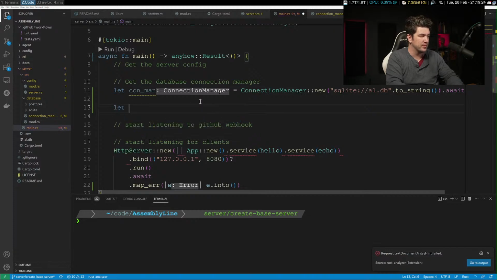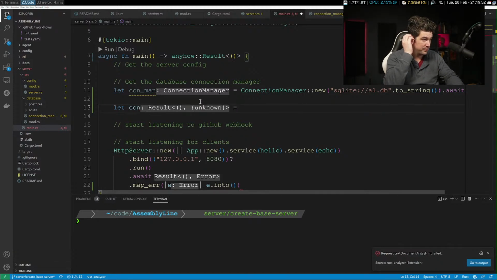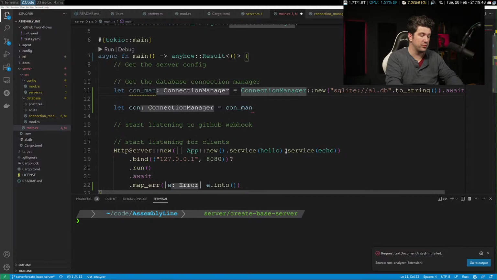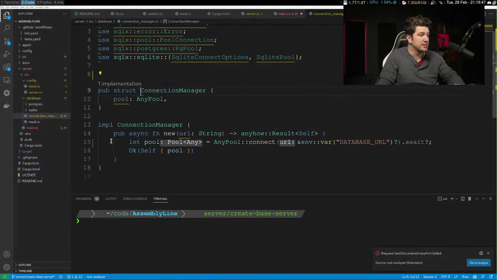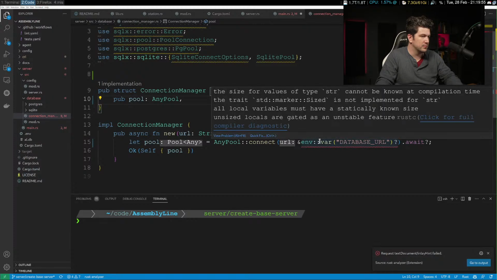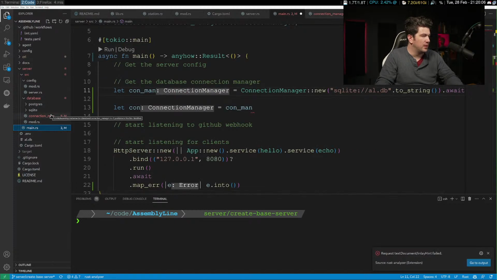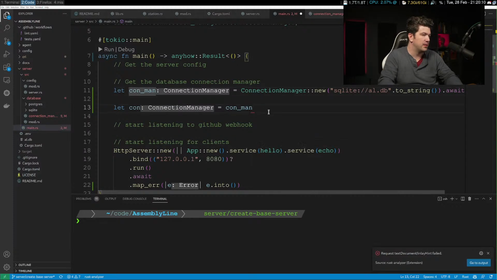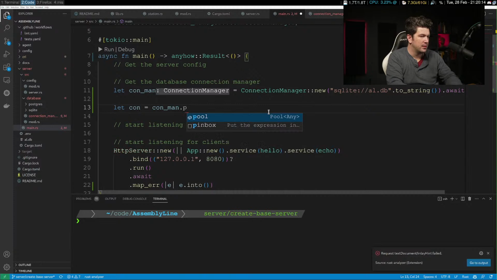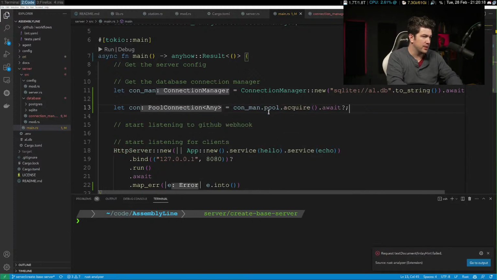It's pool. All right, we'll get our connection pool.